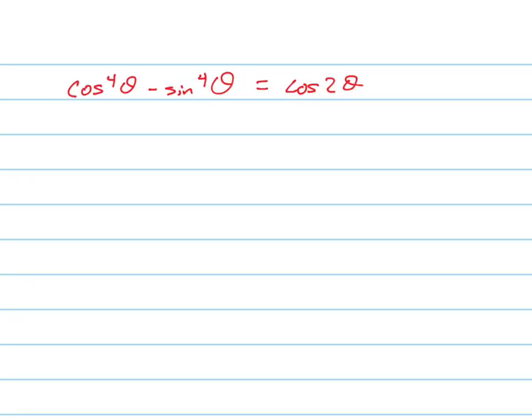All right, let's prove this identity. To do that, I'm going to write this at the bottom. That's how I prefer to do it. And I'm going to keep working on the right side until I get to the answer. So the first thing I'm going to do is notice that this is a minus, and those are both perfect